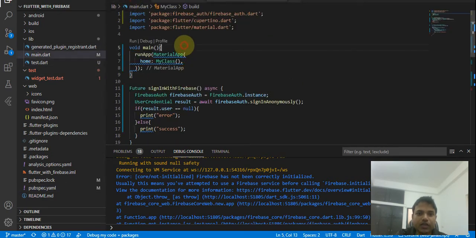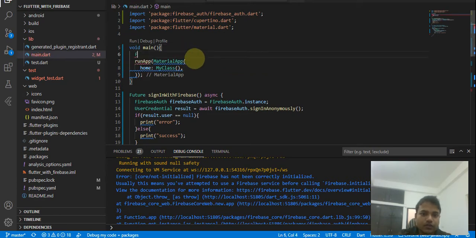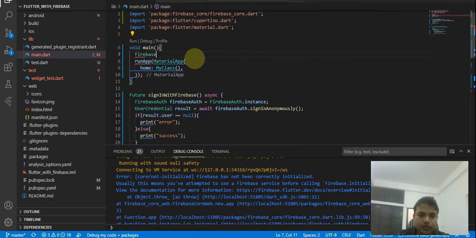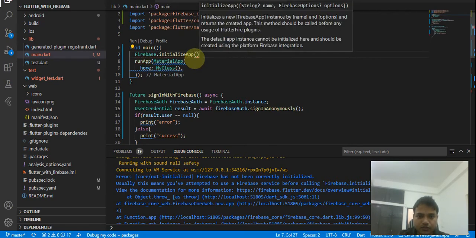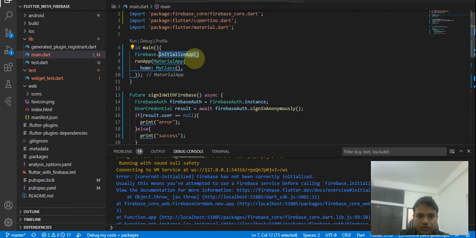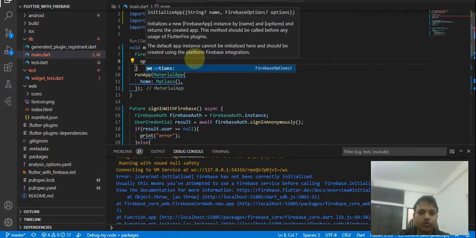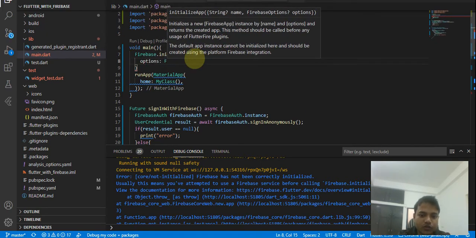Go to main, and here we have to initialize Firebase. So go to Firebase.initializeApp, and initializeApp needs some parameters. I need options. Options needs FirebaseOptions.